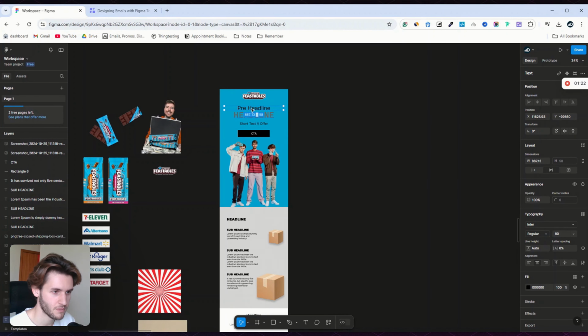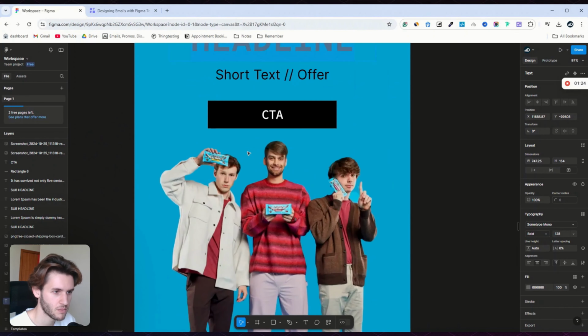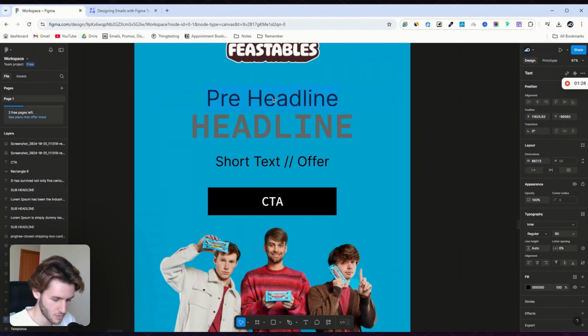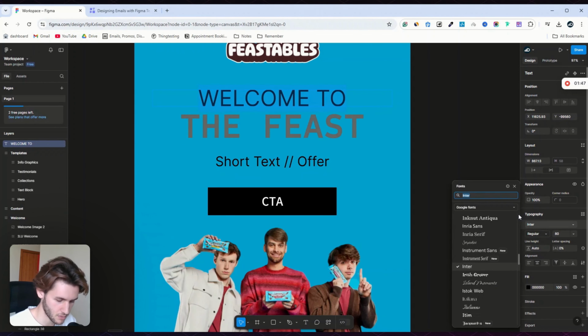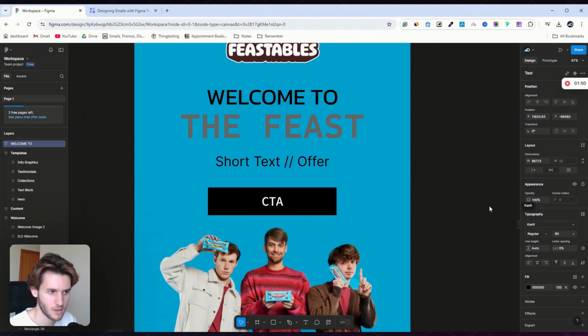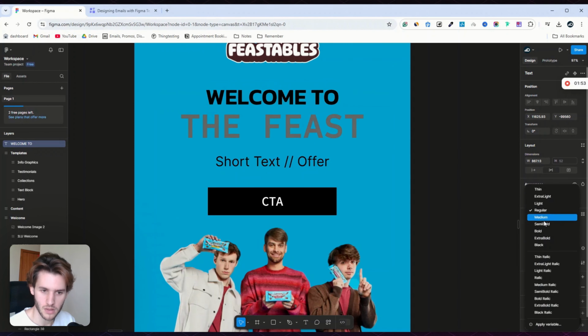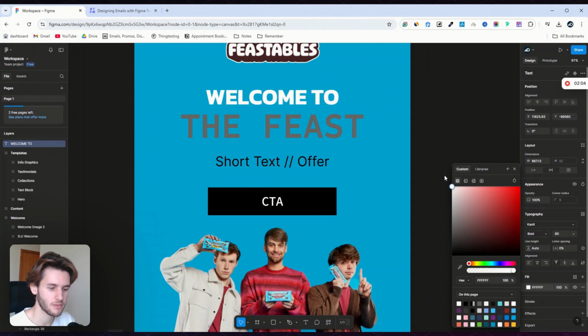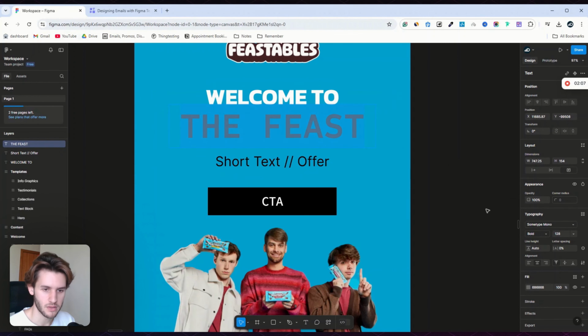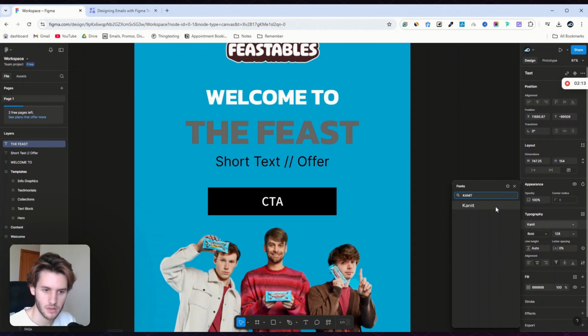So let's make it welcome to the feast. Let's select this font. Let's make it bold. Let's make it white so it's visible. For this one, we can make it bold as well. Let's change font. As for size,